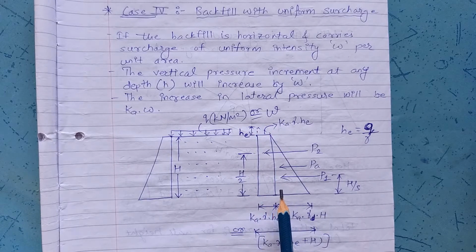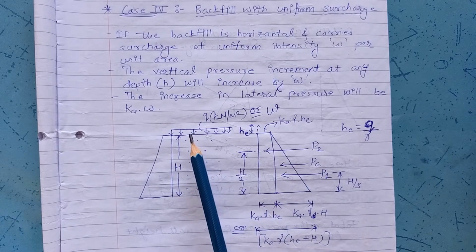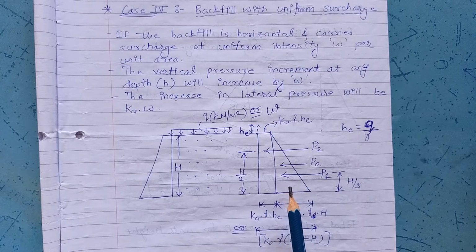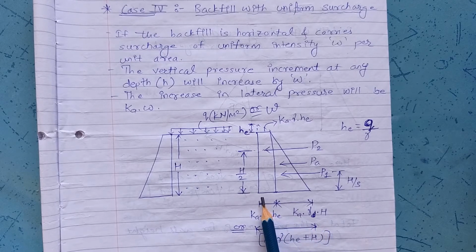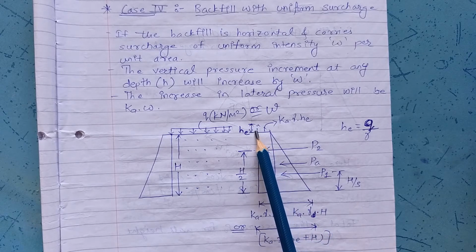Now the pressure diagram here will be due to 2 conditions, one due to backfill and another due to surcharge. Then this will be the nature of the pressure diagram, where the base of the first component will be Ka into gamma into He, and the base of the second component will be Ka into gamma into H. Now what here is He? He is nothing but